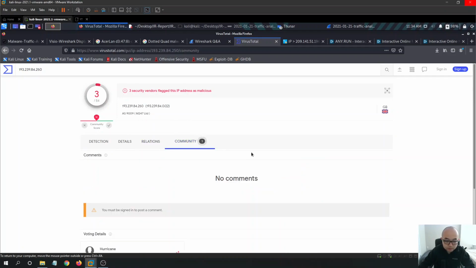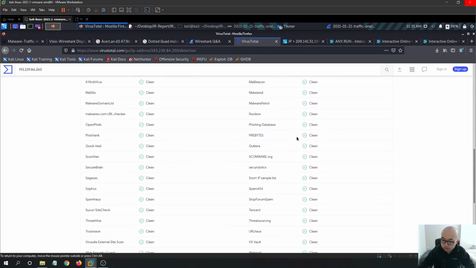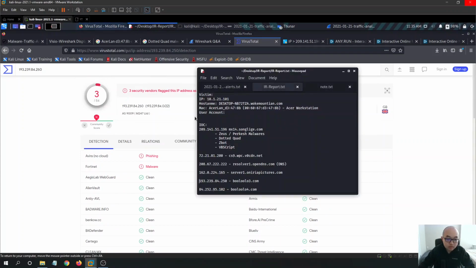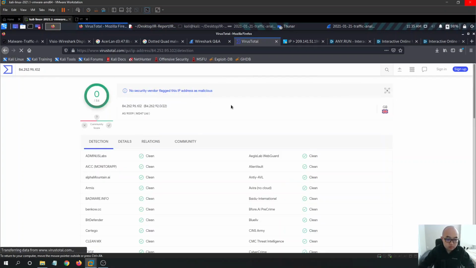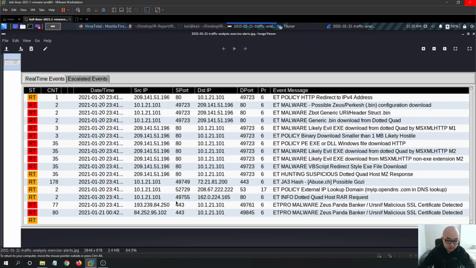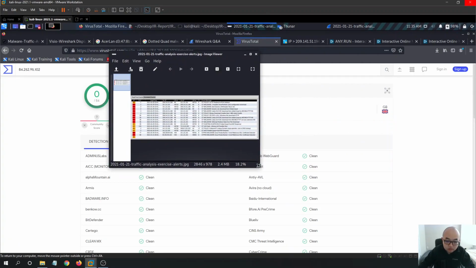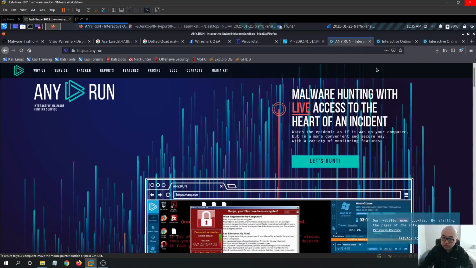Okay, so it seems like we got some IP address was not being detected by the VirusTotal. So we also got this, right? Yeah, this one is clean. It shows clean, but actually reality is not clean. It is not clean at all. Yeah. Okay, so that is the basic idea for this